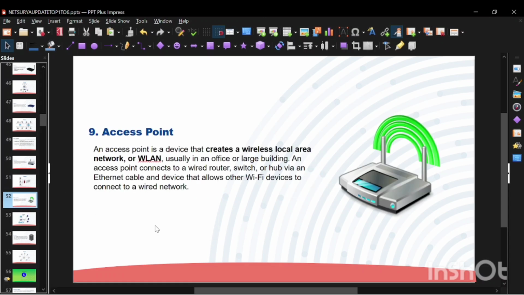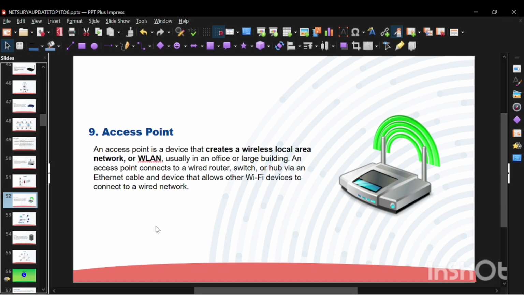Now come to the next, that is Access Point Name. Imagine you want to send a letter to a friend living in a huge city, but first you need to know the exact address and the post office that will deliver. Without the correct address, your letter will not reach the right place, right? So in a mobile network, the APN is like that exact address. It tells your phone where to connect to access the internet or other data services on your carrier's network.